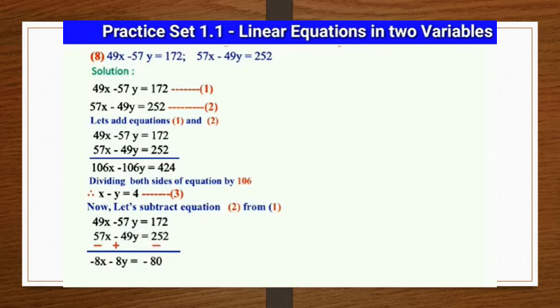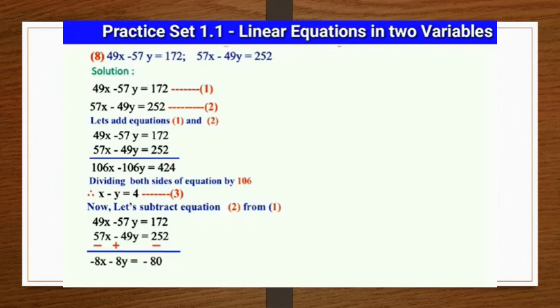Now when we subtract 57 minus 49, we get 8. So when we do subtraction, we'll have to place a greater number sign, because 49 has plus sign, 57 has minus sign. So plus minus, when we have two opposite signs, we always do subtraction and we place the greater number sign. So when we subtract, we will get 8x, and greater number sign here is minus, that is of 57. So it will be retained. So it will become minus 8x.